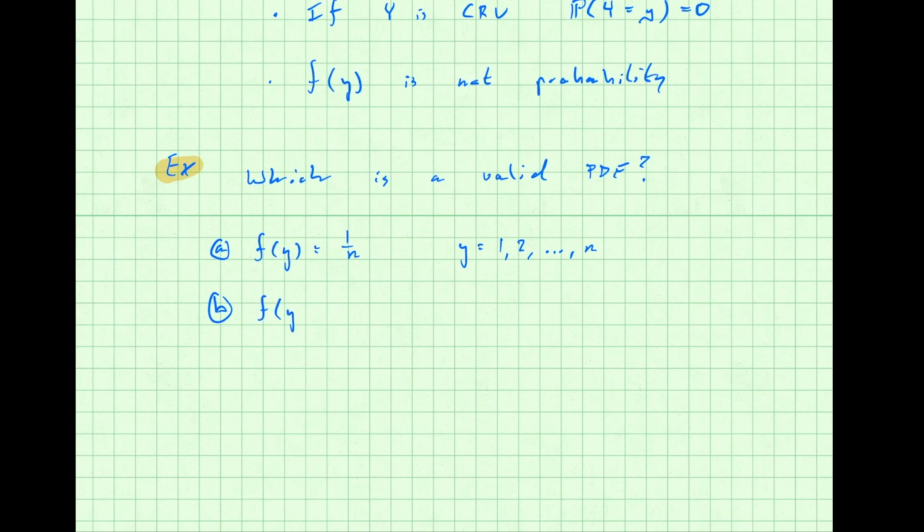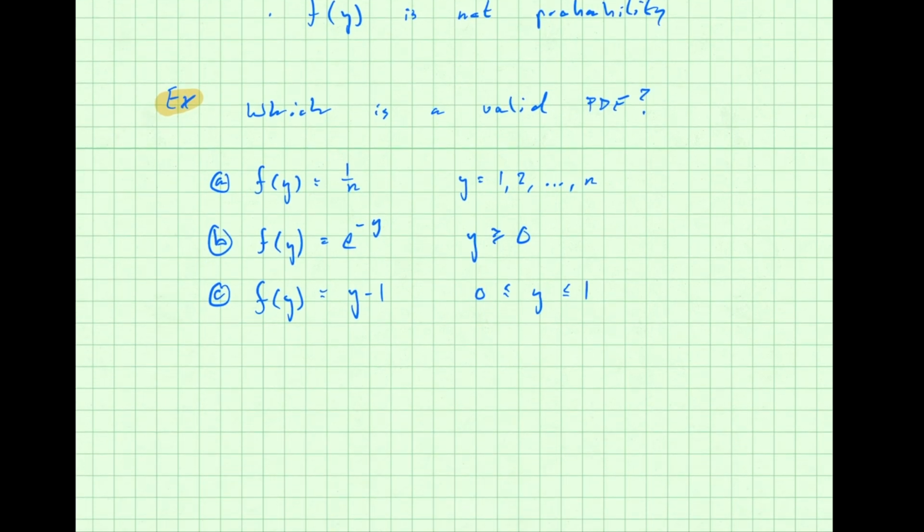F of y is equal to e to the minus y for y greater than or equal to 0. C. F of y is equal to y minus 1. And then what do we have here? So 0 less than or equal to y. So y is in this range, 0 to 1. And then